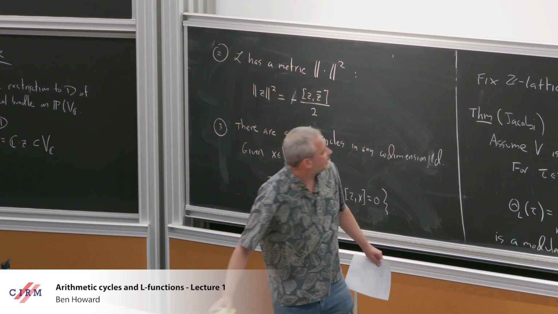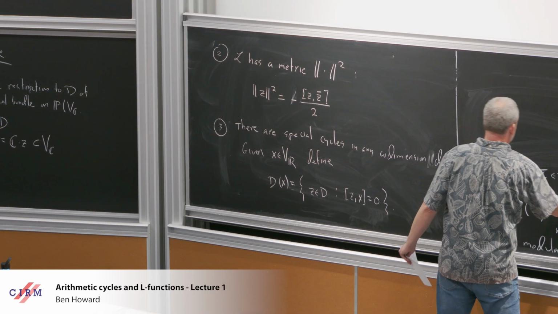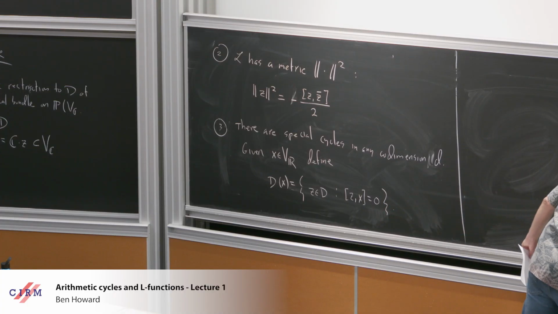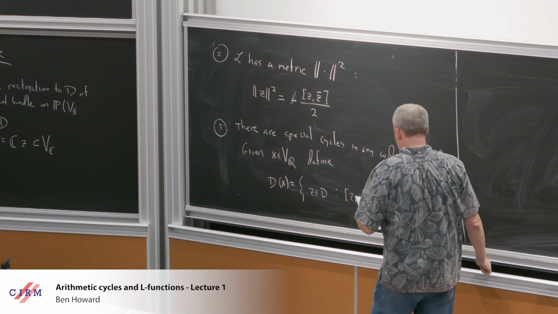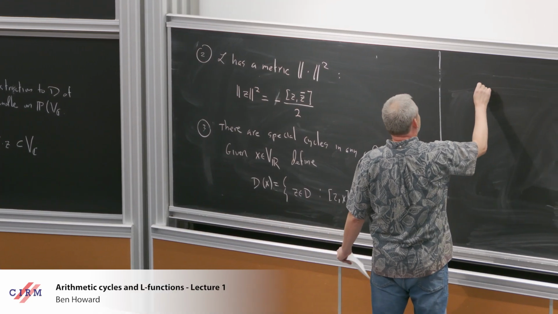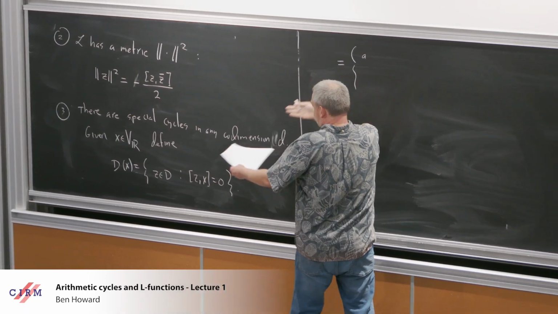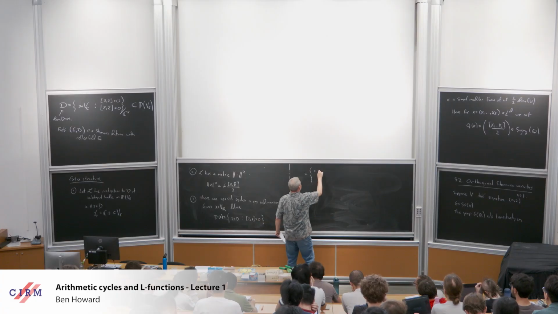And what does that look like? Well, this D of X is a smooth codimension 1 complex submanifold, so a divisor,